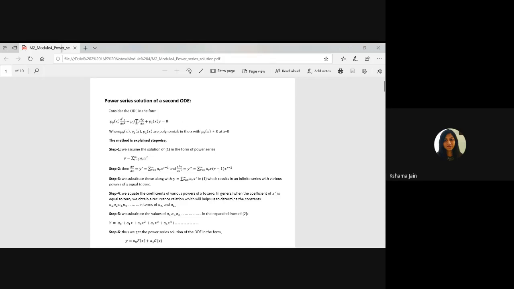Generally we have a solution in the form of a function till now, but every function can be written in the form of a series. Like sin x is x minus x cubed by factorial 3 plus x raised to power 5 by factorial 5 and so on. Cos x we can write as 1 minus x square by factorial 2 plus x raised to power 4 by factorial 4 plus so on. E raised to power x also can be written as a power series.